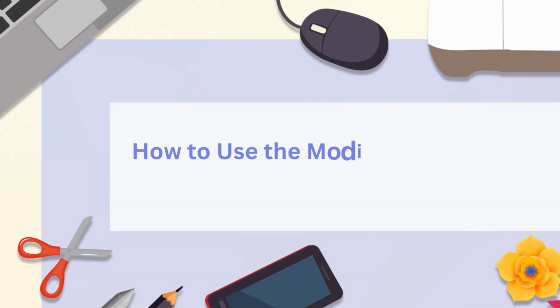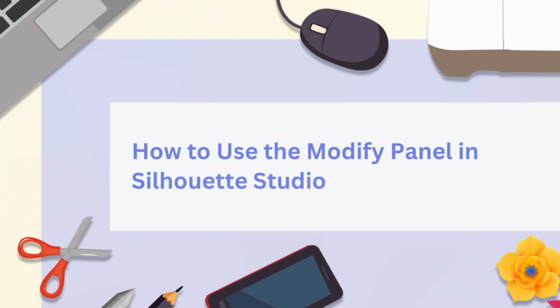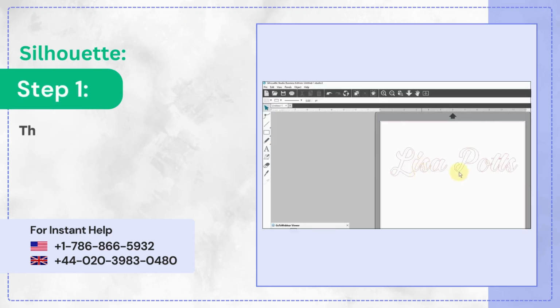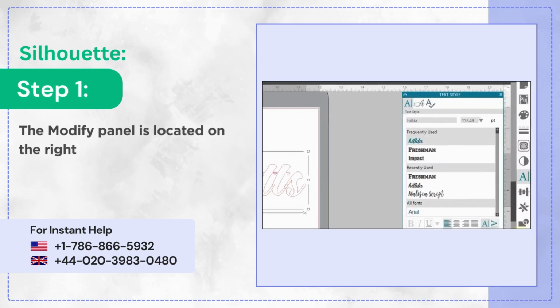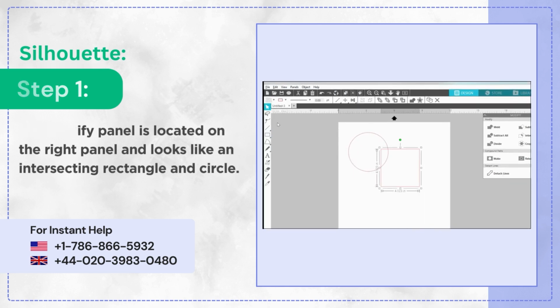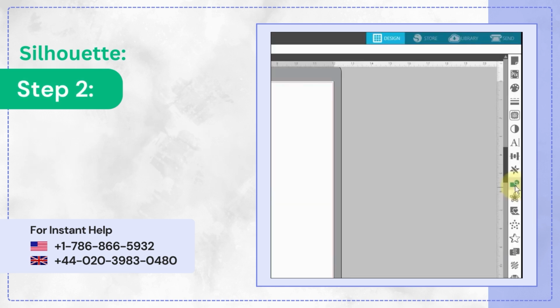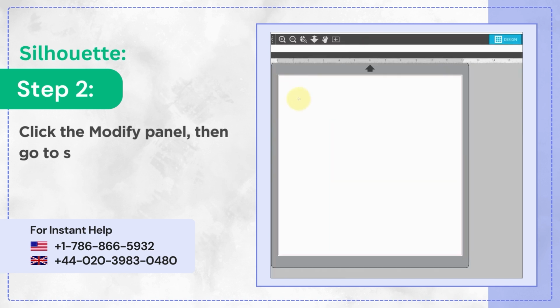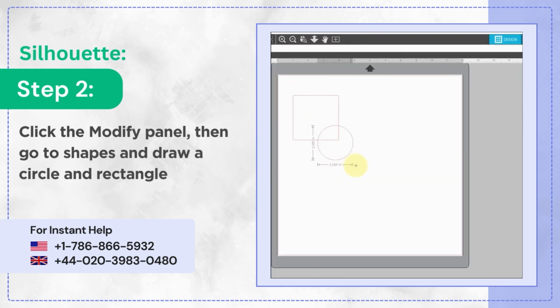How to use the Modify panel in Silhouette Studio. Step 1. The Modify panel is located on the right panel and looks like an intersecting rectangle and circle. Step 2. Click the Modify panel, then go to Shapes and draw a circle and rectangle to see how the